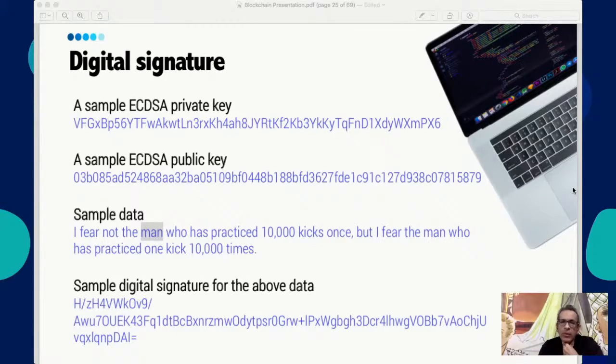How can we see our own? Yeah, that's a very good point. So it depends upon the blockchain. Many times what happens is we use, for example, an app, and based on that app, it is going to generate the keys. In that case, your keys are inside your app, but you may not be able to see them. So the simplest way to do it is you can go to bitaddress.org, and there you can just move the mouse around on the screen, and it will generate the private key and give it to you, and then you can download and keep it with yourself. That's the simplest way to actually do this.